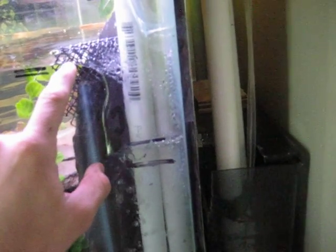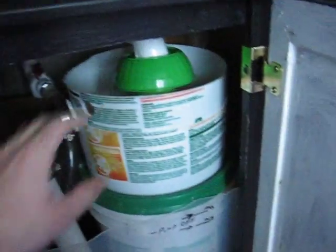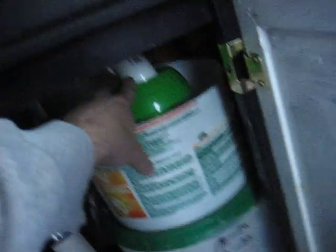And I have a gutter mesh guard wrapped around, put in here so the fish and junk can't flow over and get trapped, otherwise they go down in the filter. And then underneath I have a custom built filter. It's actually a wet dry filter. I have a splash guard here. The water comes in from a 2-inch line